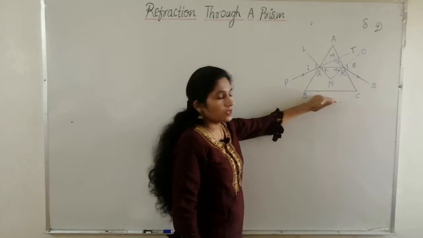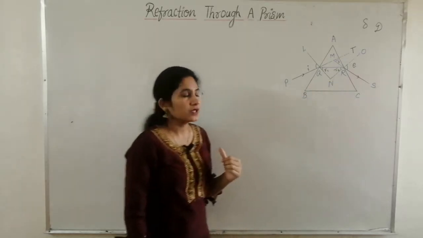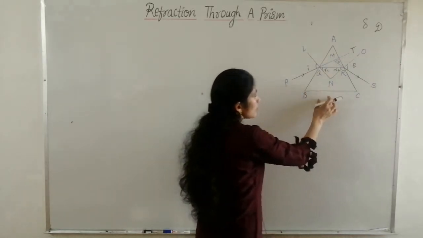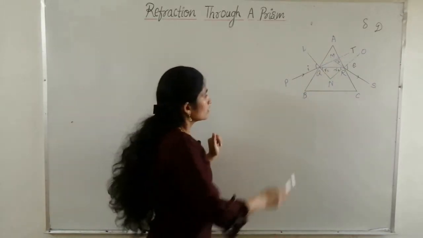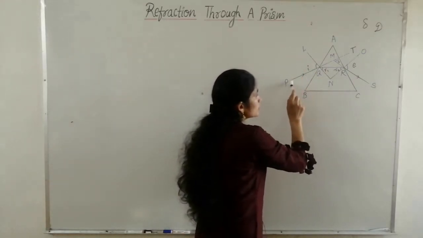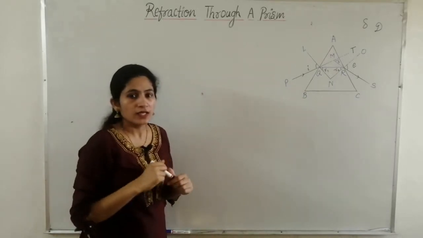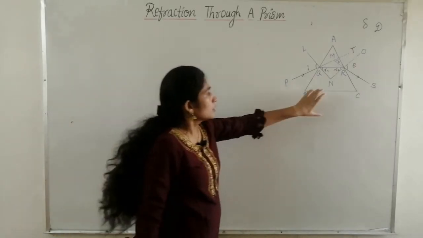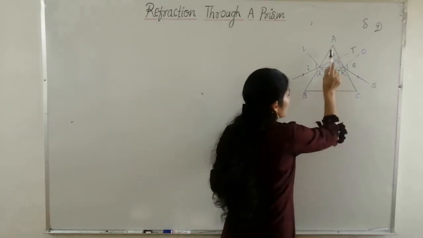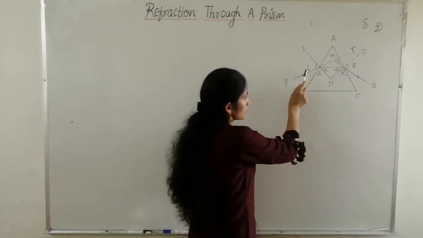Right. Now tell me what would have happened if this prism wouldn't be there. In the absence of this prism, the incident ray PQ would have travelled along a straight line, which is PQM, because we know that light travels in a straight line. But due to the prism, it refracts at these two faces AB and AC, and therefore the light ray is